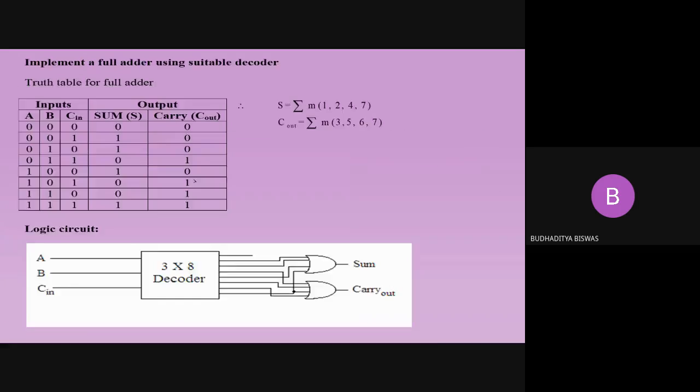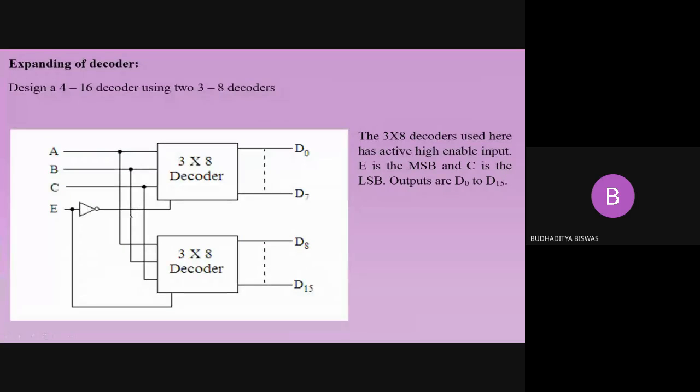Okay. So next day we'll see how to implement any type of Boolean function using the decoder. This is another property of the decoder. A decoder can decode the information hidden inside the input, as well as be used to implement any type of digital expression or digital circuit. Means the full adder, half adder, full subtractor, half subtractor, everything can be implemented using the decoder. So next day we'll see that particular technique.